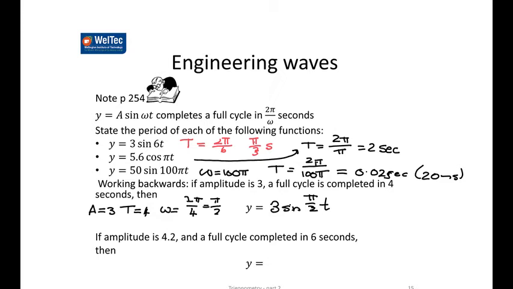The last part, the amplitude is 4.2 and a full cycle is completed in 6 seconds. So that means that omega is 2 pi over 6, which is pi over 3. So our expression is going to be 4.2 sine pi over 3 t. Now sometimes you'll see this written as 4.2